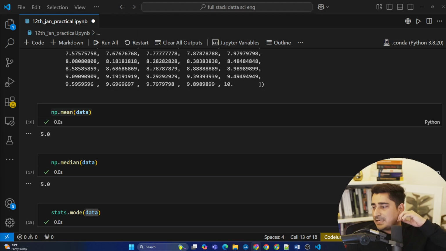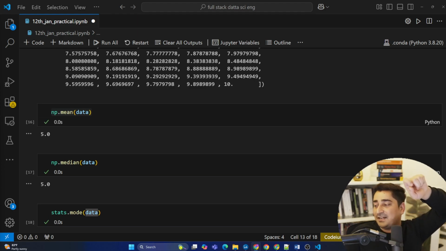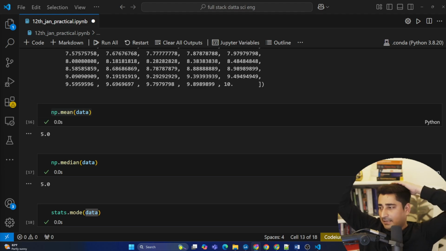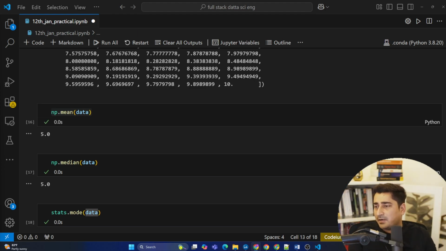After stats, or in between stats itself, I'll be covering linear algebra. In linear algebra I have to cover the equation of the line, y is equal to mx plus c. And the amazing part is your very first algorithm, linear regression, is completely based on that equation of the line y is equal to mx plus c. So I'll be talking about that in a very, very detailed way. Maybe you have not gone through that kind of detail when you were in 11th or 12th learning the equation of the line, so I'll go into that kind of depth. Anyhow, we are going to cover linear algebra and probability distribution. We'll progress as per the need.